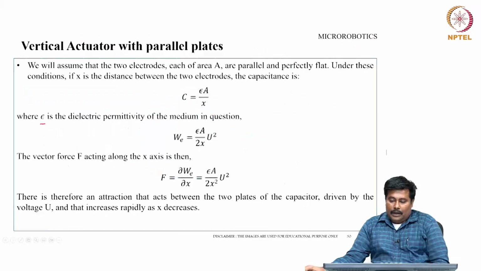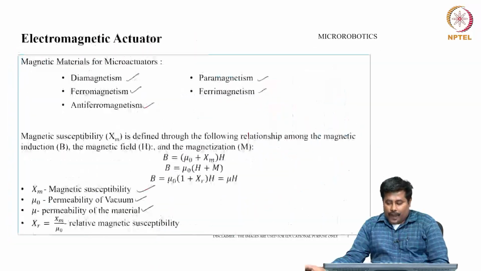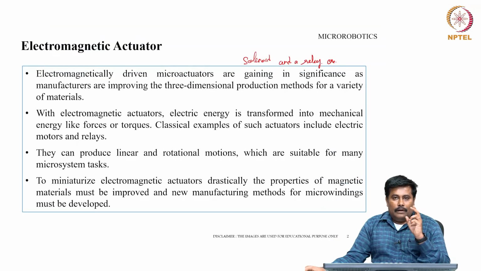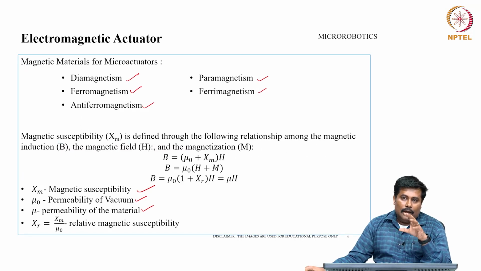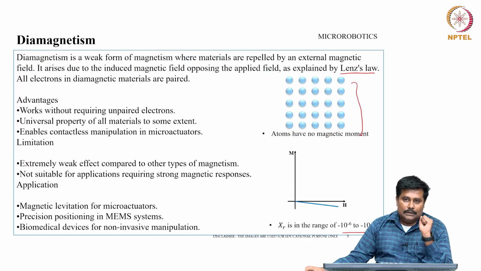Okay, so just to summarize, in this particular module we discussed three different types of actuation, especially micro actuation. We took the electromagnetic actuator and discussed the fundamentals behind it and the overall applications. We discussed the different types of magnetic property which can be efficiently used for micro actuation. We started with diamagnetism, then paramagnetism, then ferromagnetism and ferrimagnetism based structures,